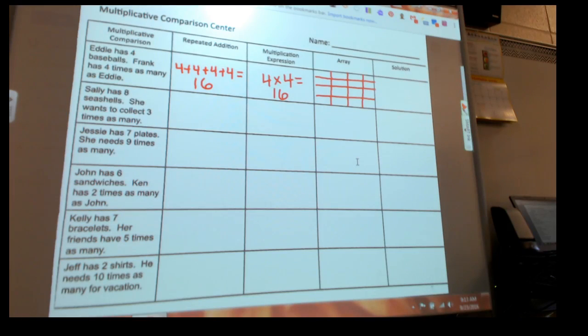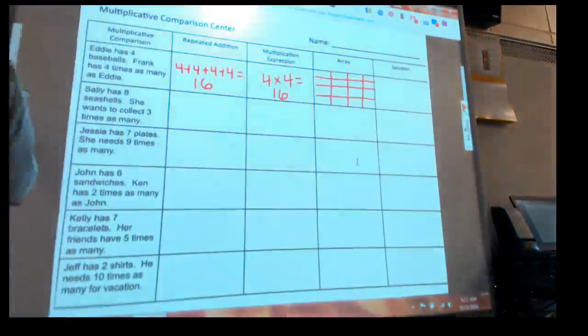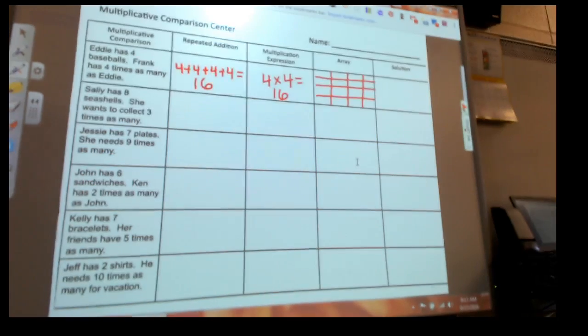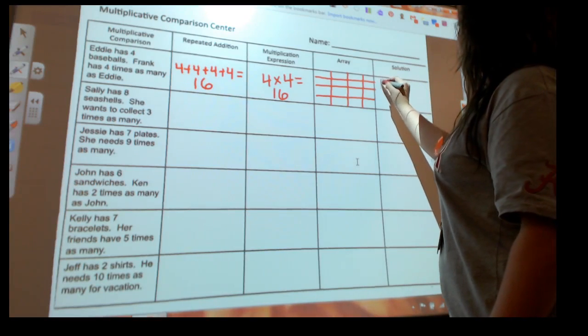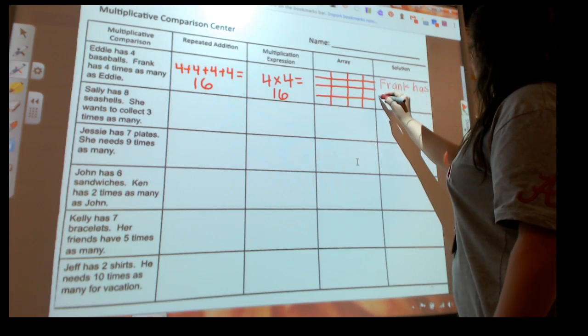So what's my solution? Well, if I said, tell me the solution to this problem, what would you tell me? What was my question in the beginning? I was trying to figure out what more than. Not how many more. How much does Eddie have? How many does Frank have? Okay, so Frank has 16